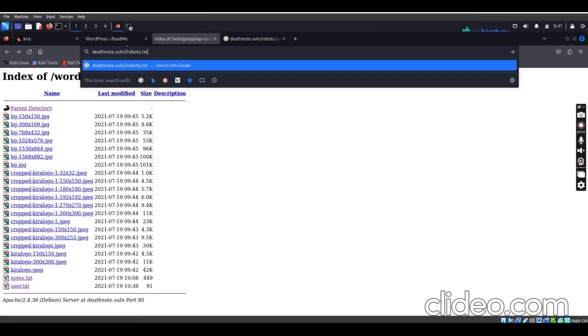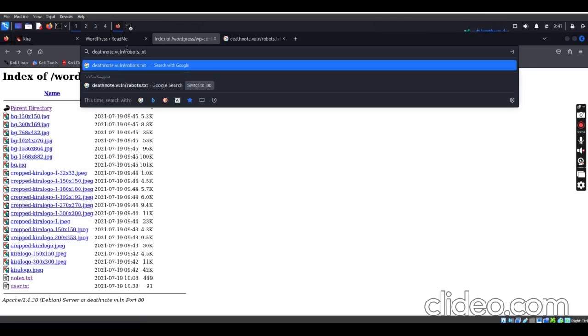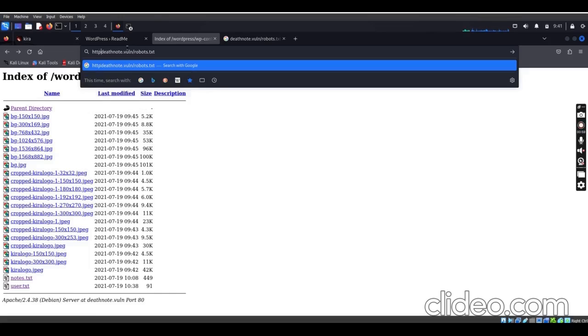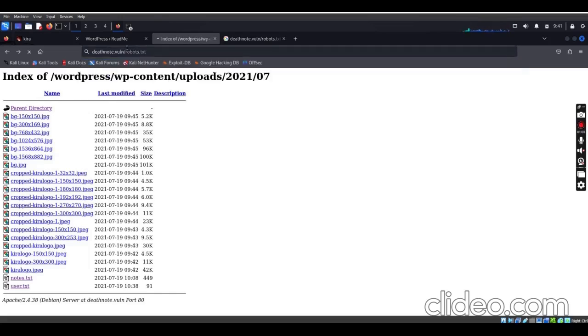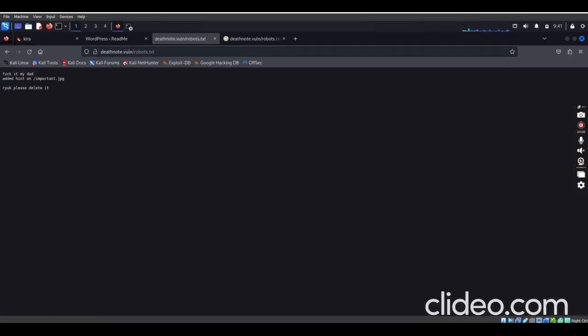Then I have to go back to this place and just put our http colon slash. So from here we just hit it and see what we found out here.